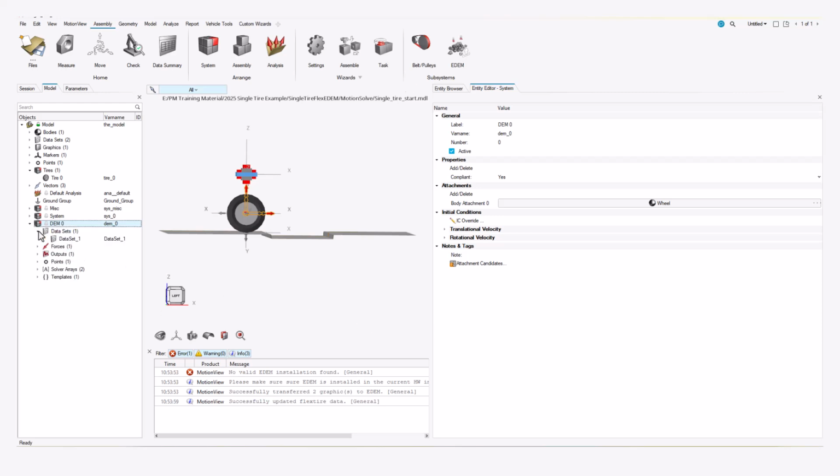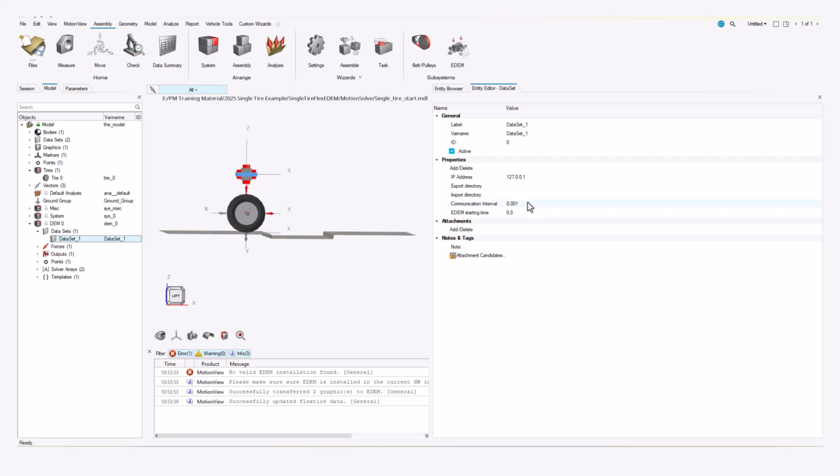One other thing that I should point out that I don't think we have to modify, but is important to realize nonetheless when you're running a coupled simulation, is the communication interval. So if we expand the DEM subsystem that we just created, that was generated by going through the EDEM subsystem creation, you see within the data set that we have a communication interval. That communication interval needs to be an integer of the EDEM time step. Again, the EDEM time step is 1e-5. Here we're using a communication interval of 1e-3. So there will be 100 EDEM time steps for every communication to MotionSolve, which is reasonable and perhaps on the high end of